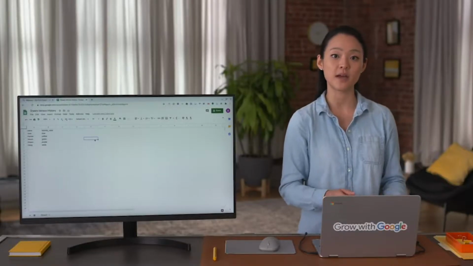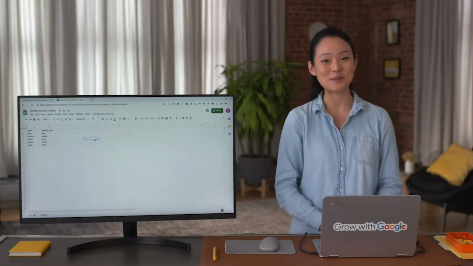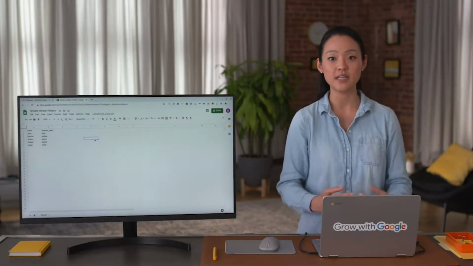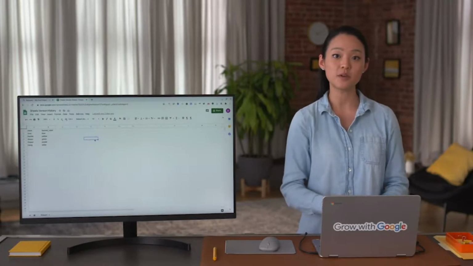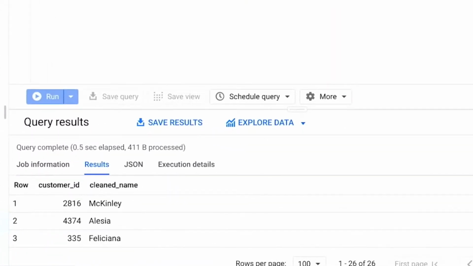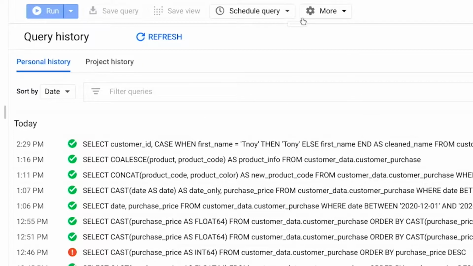This lets the company revert back to a previous version if something you've done crashes the system, which has happened to me before. Another option is to just add comments as you go while you're cleaning data in SQL. This will help you construct your changelog after the fact. For now, we'll check out BigQuery's query history, which tracks all the queries you've run. You can click on any of them to revert back to a previous version of your query, or to bring up an older version to find what you've changed.